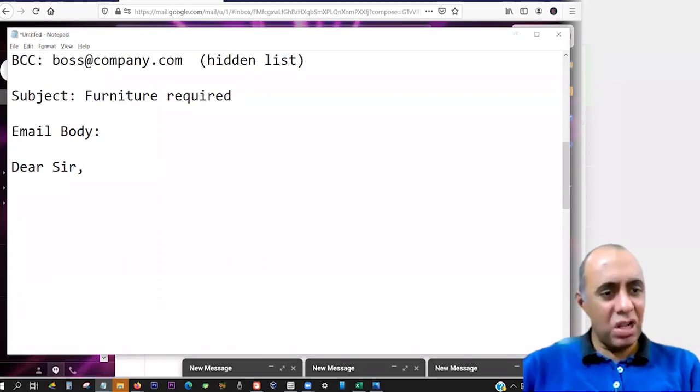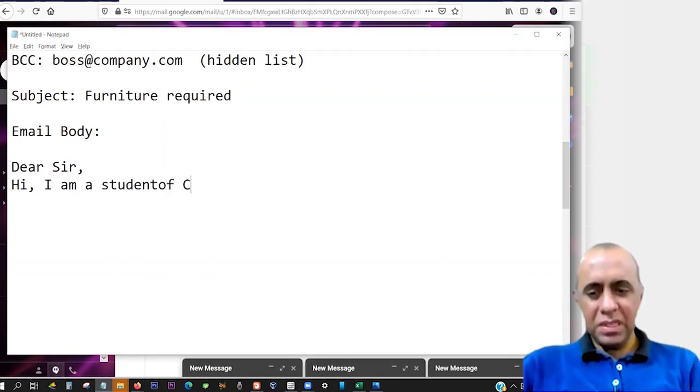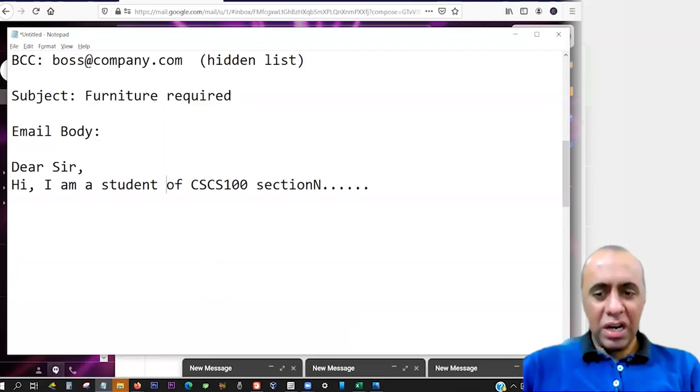If it is very readable, you can mention your whereabouts or your introduction in the signature. But you can always write down, I am a student of CSCS 100 section, and so on, like this. So this is what you must do. This is what you need to do, and then you politely